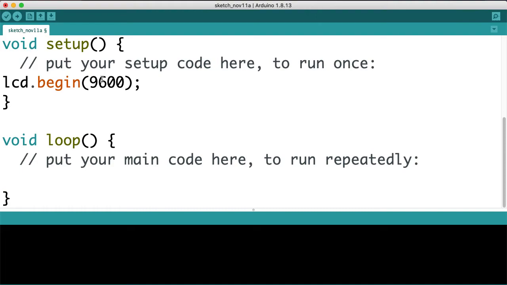We say LCD dot print, then we open, and because we're not printing characters, we have to put them in double quotes, or double inverted commas. So we are going to print something in here and say a Copperbelt